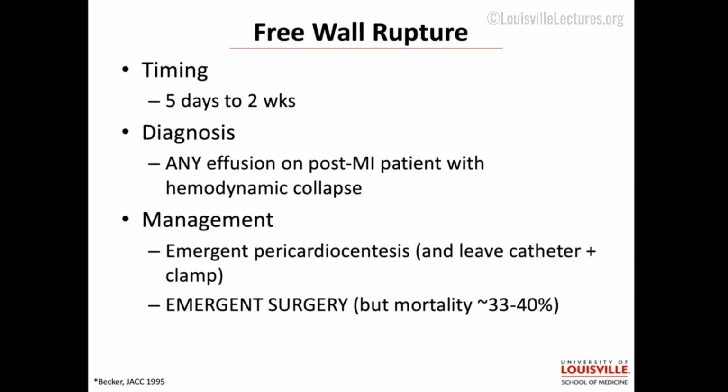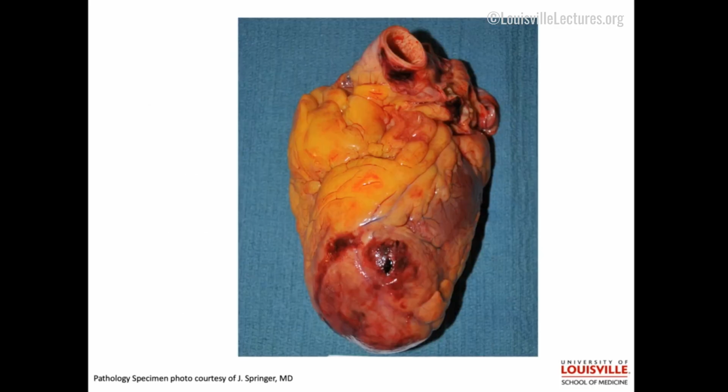Blood in the pericardium. So you want to alleviate the pressure in there, but you don't want to just create a vacuum. If you put a straw and suck out the blood, you could just suck out your entire cardiac output through that pericardial drain. So usually the recommendation is emergent pericardiocentesis, alleviate the pressure just enough to alleviate the tamponade, then clamp it off, and then when they again go into tamponade, unclamp and drain. So don't do a continuous drain. And then emergent surgery here, but mortality again is very high. This is a picture of a free wall rupture, and you can see some contained hemopericardium surrounding it as well.